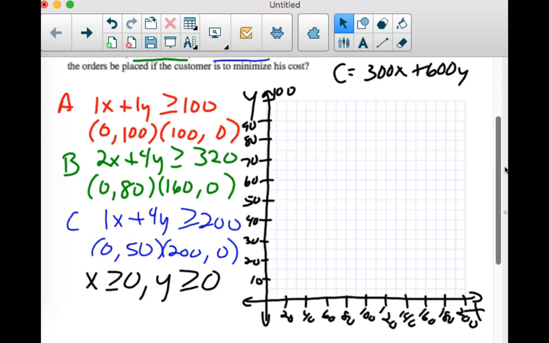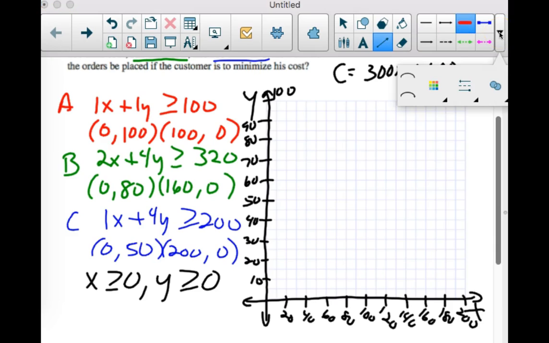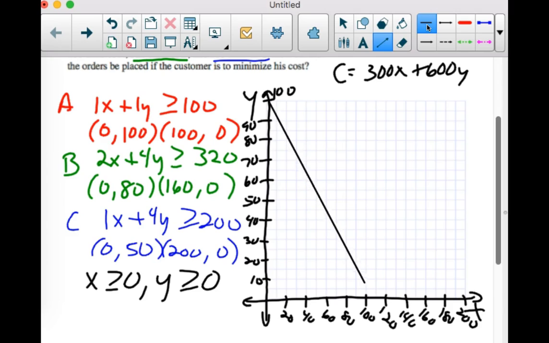Now, I could get lucky and graph these using a ruler, and maybe I'll see exactly where the intersections are. So I think I'm going to cheat a little bit and use the straight line drawer. The problem with that is I'll have to color code myself afterwards because these are pretty thick. If I go after the red that you see up here, that's a really thick line, and I don't necessarily want that thickness. So I'll just go with this segment piece right here, and then I'll draw over the top of it. From 0, 100 to 100, 0